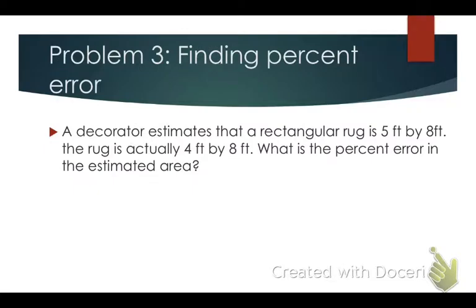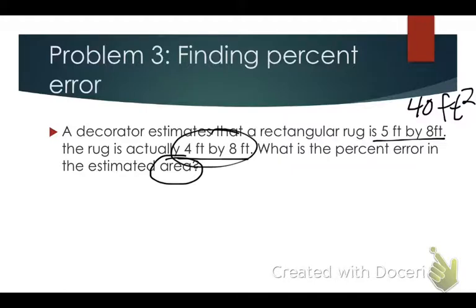So take a look here. A decorator estimates that a rectangular rug is 5 by 8. The rug is actually 4 by 8. What is the percent error in the estimated area? So you will notice that I am going to be comparing the areas. Need to make sure I remember how to find area. The area of the first rug, I'm going to multiply. 5 by 8 is 40 square feet. And my actual size here, 4 by 8, I'm going to multiply again, 4 by 8,